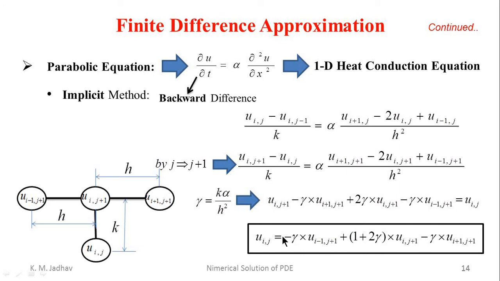Now the basic difference between the implicit method and the explicit method is, in case of the explicit method, previous time values are given and we are finding the next time values. Whereas in case of the implicit method, values at the j plus 1 level will be given to us, and from those values we have to find out the previous time level values, that is at the jth level. So by using this formula we can use current time values and we can calculate the previous time values.